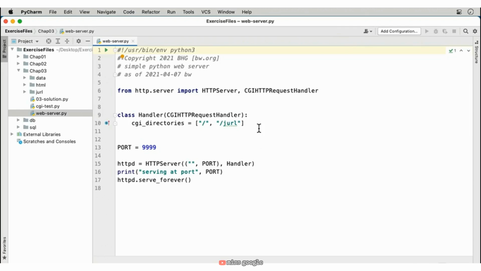This is webserver.py from chapter 3 of the exercise files. It's a simple web server using the HTTP server module, and this module is included with the default Python distribution. You notice down here on line 6, I import two classes from the HTTP server module. These two classes are the server itself and a request handler for CGI. And then I set up a class that inherits that request handler, and I give it the directories where we're going to run CGI. These directories are relative to the server root, which by default is the directory where you're